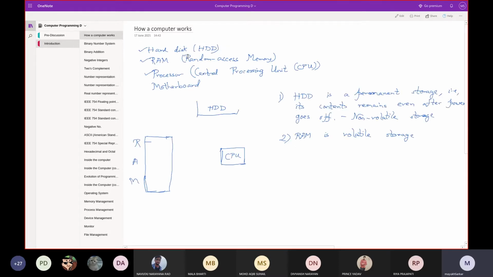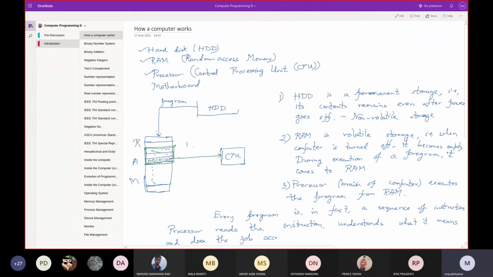means the various parts of the computer as an overview: the hard disk, CPU, RAM, and the fact that everything remains in the hard disk. All the applications and all the files remain in the hard disk in terms of zeros and ones in binary format, and when executed it comes to the RAM, right? And eventually every application is in fact a sequence of instructions, and when some application needs to be executed, it first comes to RAM, and then the instructions get executed one by one starting from the first instruction.